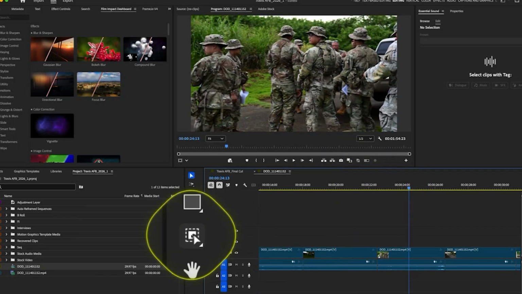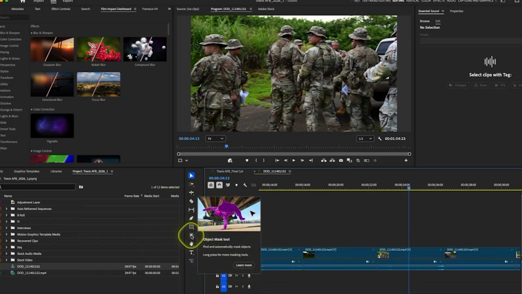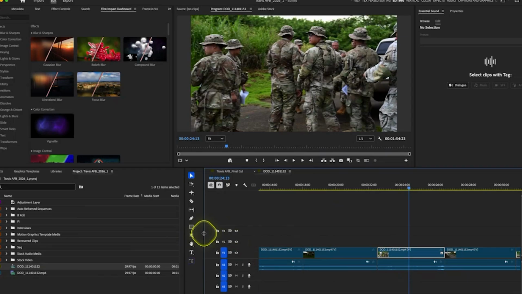This tool here is brand new. It's called the Object Mask tool inside of Premiere. If I click on this clip and then click on the Object Mask tool, you're going to see a couple of options. For one, when I start highlighting over this video, it's going to allow me to select full people. But if you're saying, I don't want to mask out the whole person, I just want to mask out the face,